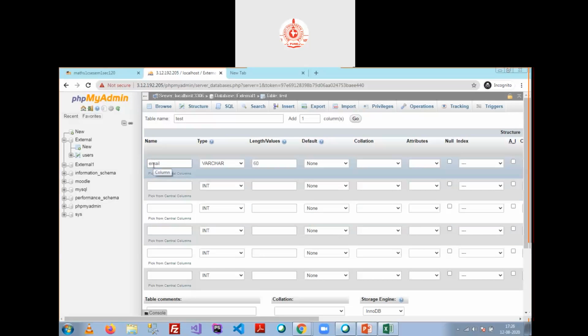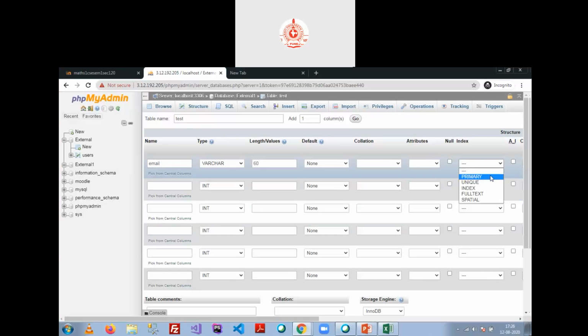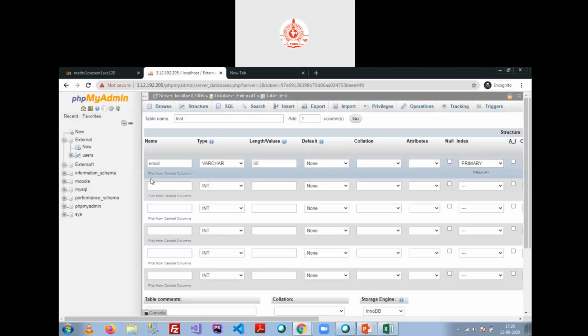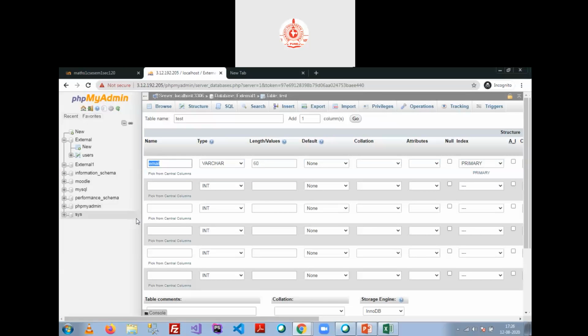Then I need to make it the primary key. That is the compulsion for the Moodle username, because this time I am going to use email as the username for the Moodle application.